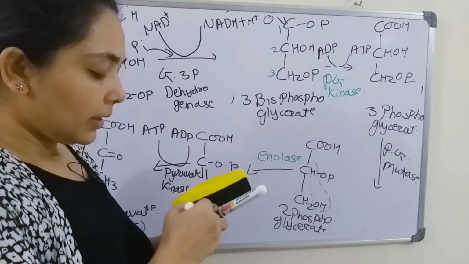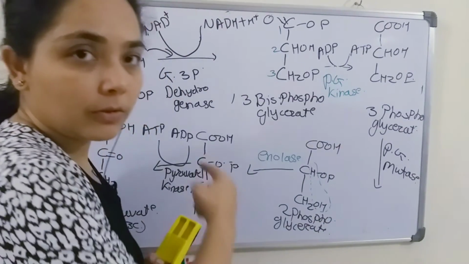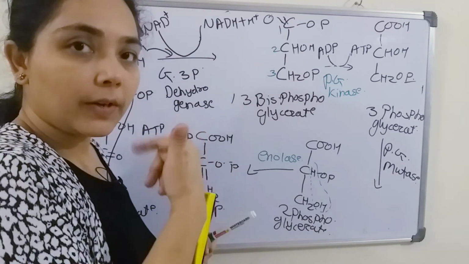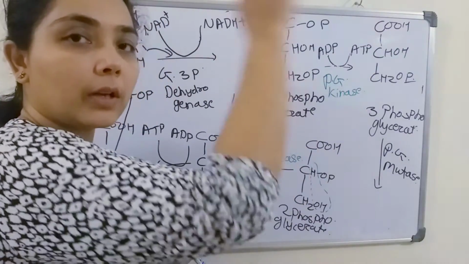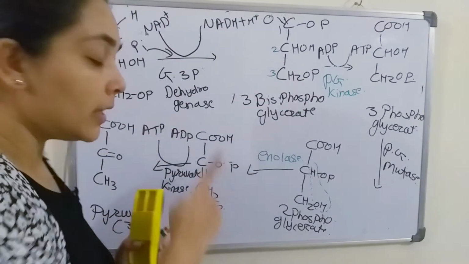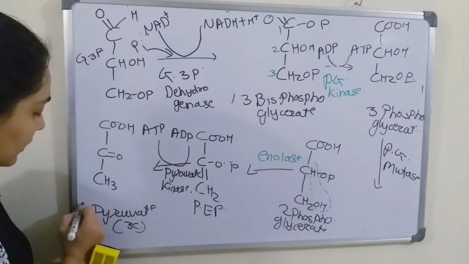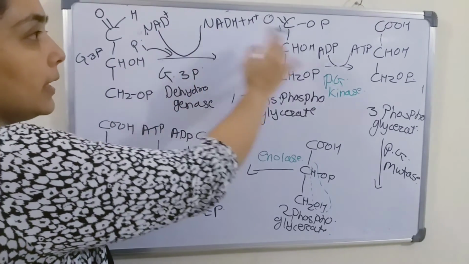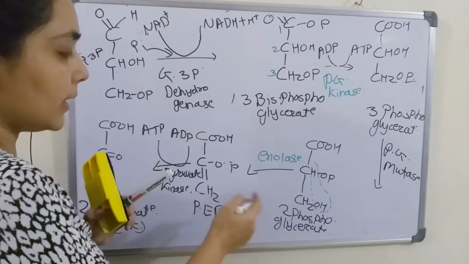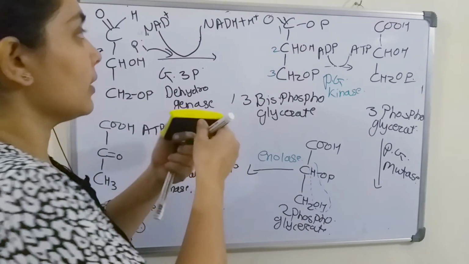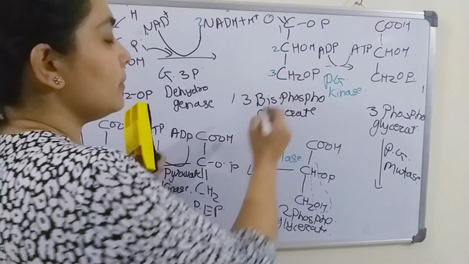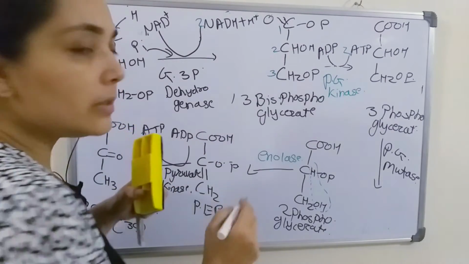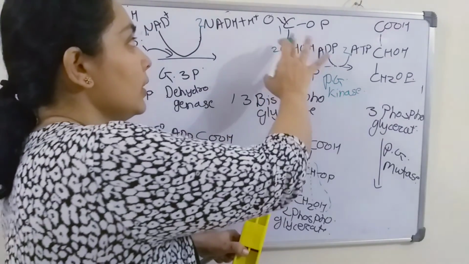But this is just one cycle. This is one complete step from glyceraldehyde to pyruvate. But as we had already mentioned, dihydroxyacetone phosphate will convert to glyceraldehyde and the same reaction will take place. So here we will get 2 pyruvate molecules, and 2 NADH, 2 ATP and 2 ATP. That means 4 ATP, 1, 2, 3, 4.